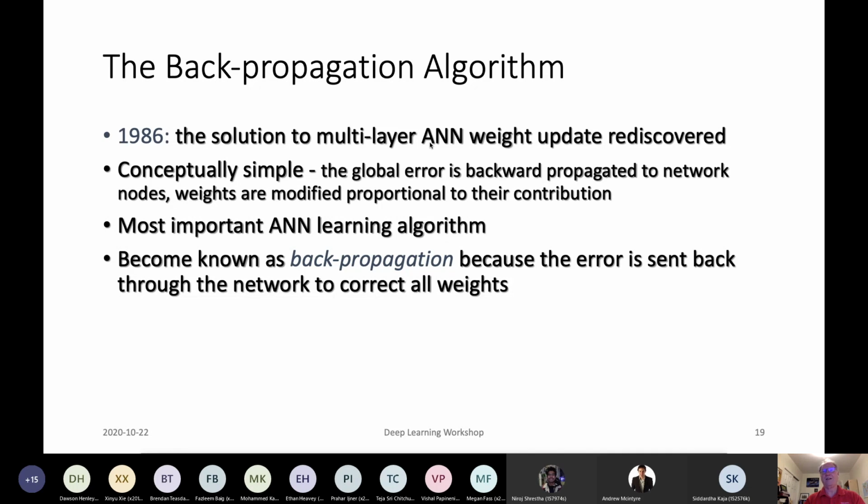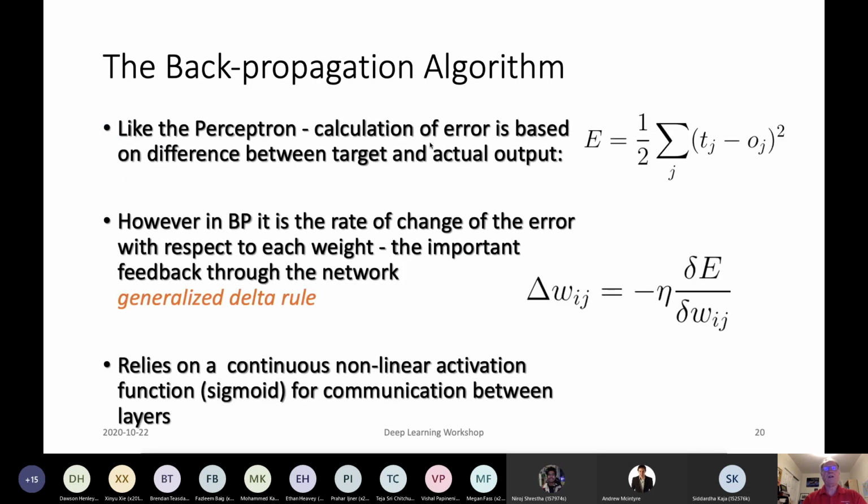The idea is that you backward propagate the error through the network, updating the weights in accord with one another, so they end up producing the appropriate outputs at the outer edge of the network. Conceptually, the idea is fairly simple.